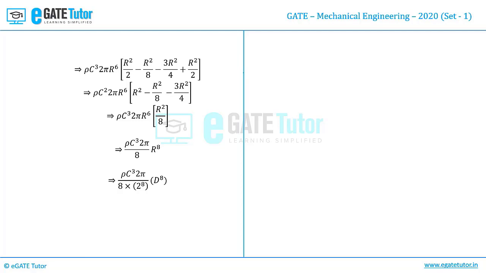So it is given that the rate of kinetic energy is proportional to d power 8. So we can write the rate of kinetic energy is nothing but some function multiplied by d power 8. When we compare this with the given expression, it is nothing but n turns out to be 8. So the answer range is also